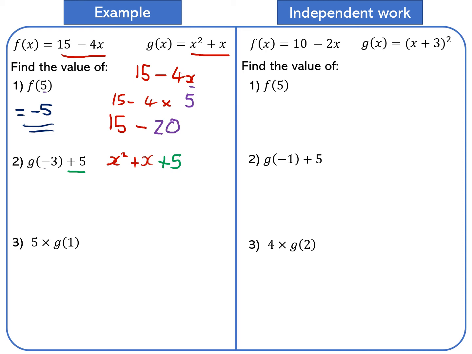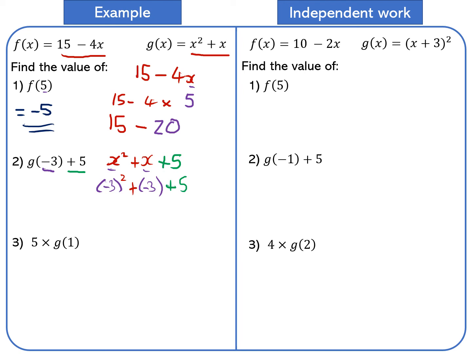Now, where I've got -3, I'm going to replace the x with that. So I'm going to put that in a bracket, -3 squared plus -3 plus 5. Okay, and you could either type that into your calculator, or if you want to just show how